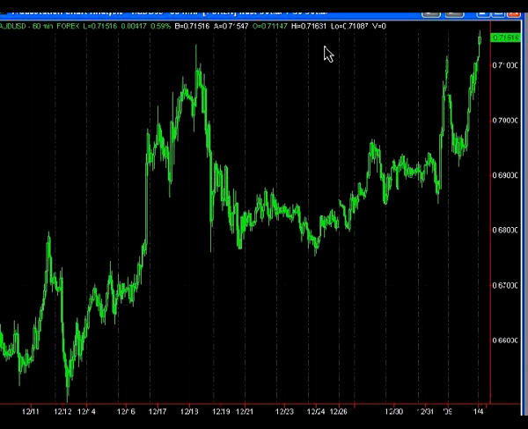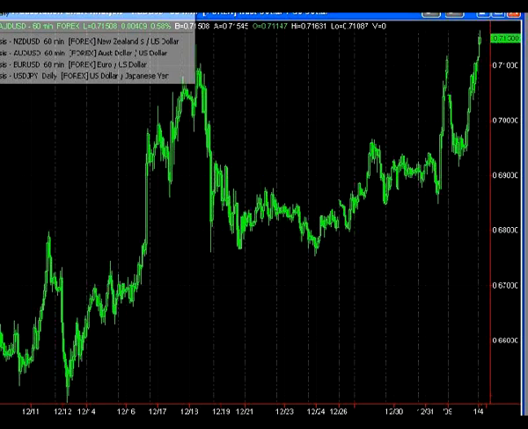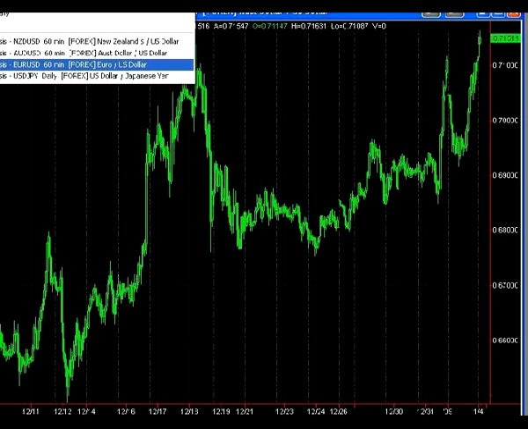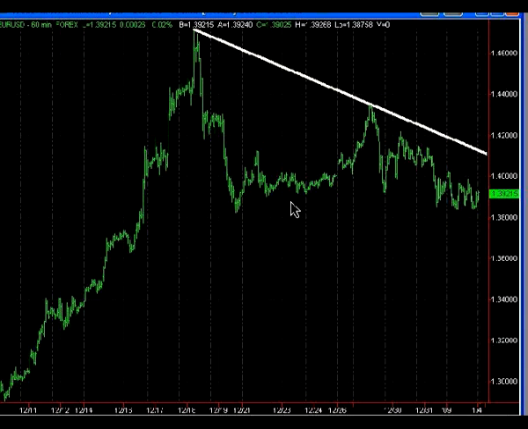But again, this is a short-term trade idea. The market can easily ignore our analysis, so we have to use protective stops and fully expect to get stopped out. The Eurodollar would be the next chart. And this is a similar pattern to the Kiwi dollar. Here we have a resistance line that I've formed. Again, this is the hourly chart.